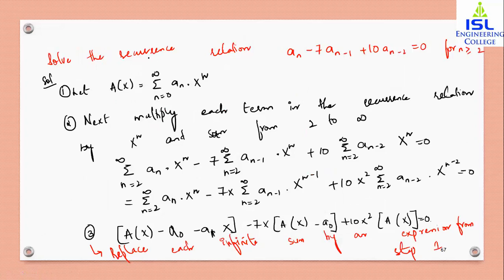Now in the examination, if the question is only given in this way with no method specified, you can do the characteristic roots or you can use the generating function. It is your wish. If generating function or characteristic roots is specified, you have to do that method only. Otherwise, if there is nothing specified in the question, you can use any one of the methods.